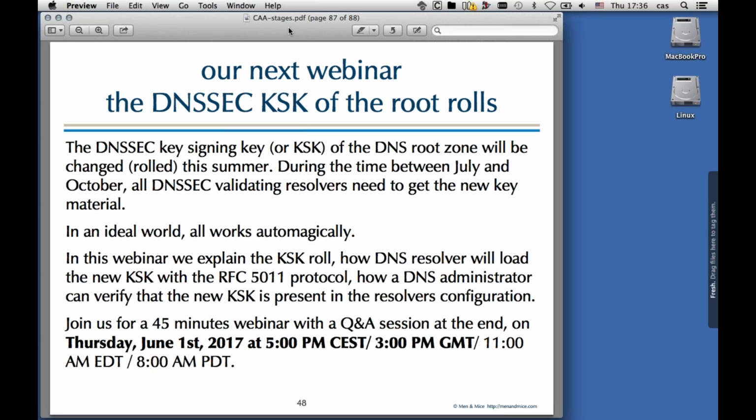If you don't have the new key by then, your DNS will stop working, so be alerted. We also talk about the September event, when both the key signing key and the zone signing key will be rolled, there will be new ones in the zone, and the answer packets will be bigger than normal, how to prepare for that and what can go wrong,